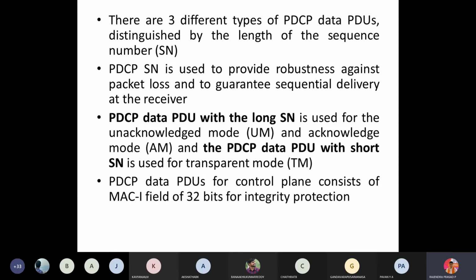For those, again you have three modes: unacknowledged mode, acknowledged mode, and transparent mode. So UM, AM and TM. So we will come to know whether my data has been successfully delivered or unsuccessfully delivered. This we are going to observe now. The PDCP data PDU for the control plane consists of a MAC-I field of 32 bits for integrity protection.